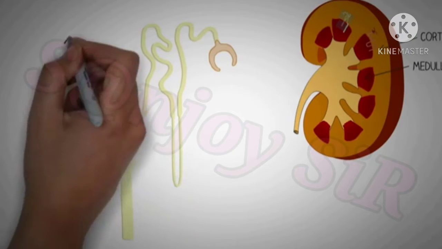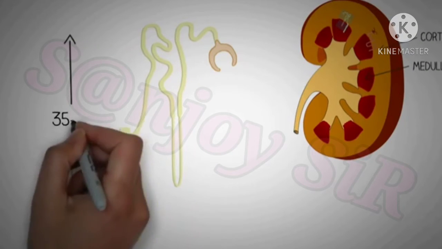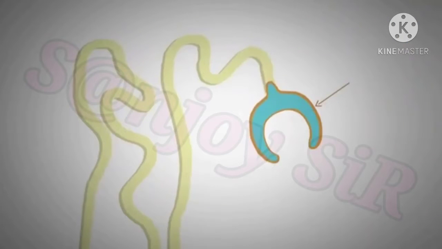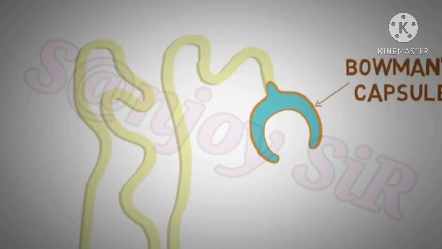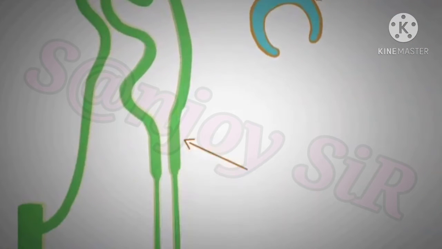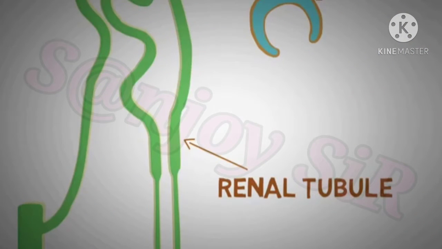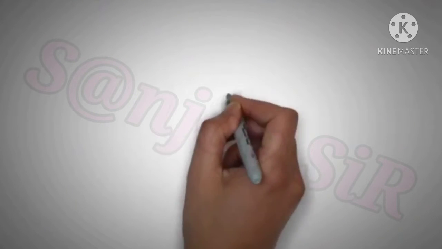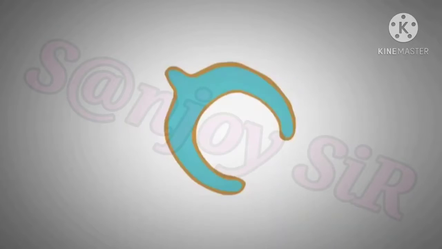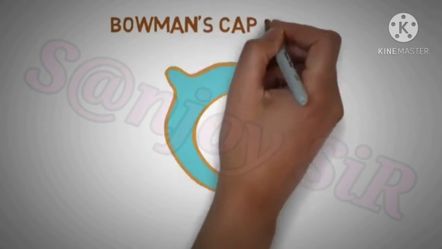So the nephron is a tube-like structure whose length varies from 35 to 55 millimeters, and the structure of nephron can be basically divided into two major portions: the Bowman's capsule and the renal tubule. At one end, the tube is closed, folded and expanded into a cup-like structure which is known as the Bowman's